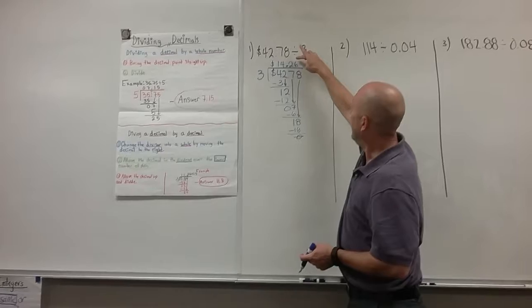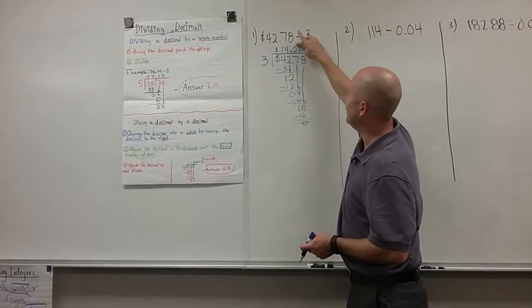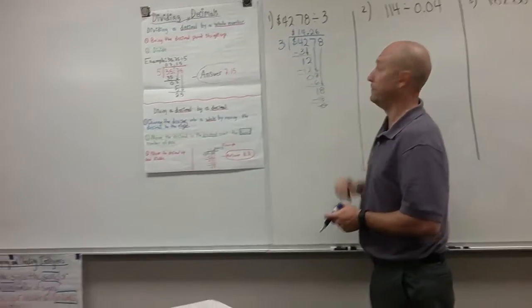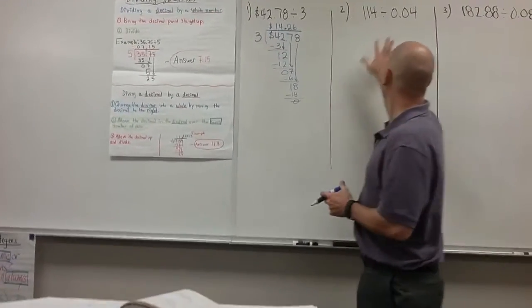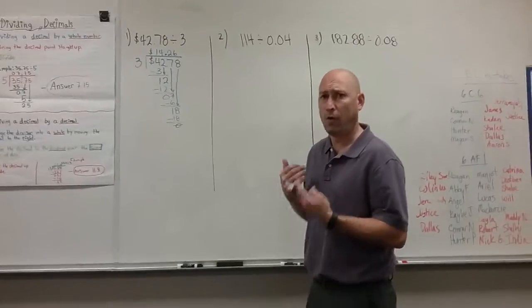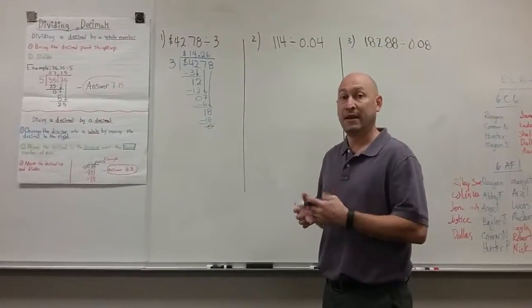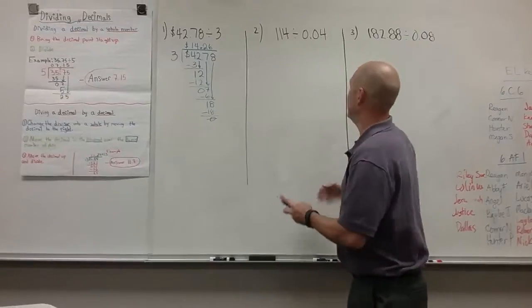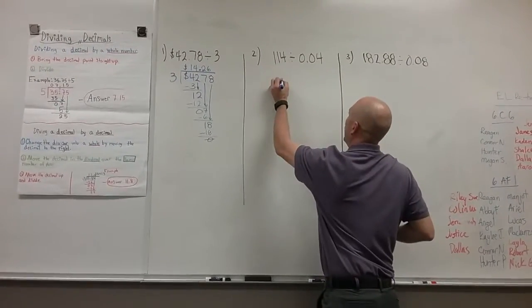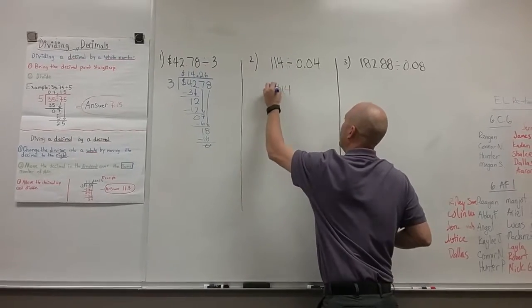To check my work, I would multiply 14.26 times 3 and hope that my dividend comes out to 42.78. The next situation we're going to go over is when I have a whole number in my dividend but a decimal in my divisor. So once again, I'm going to write it as I read it: 114 divided by